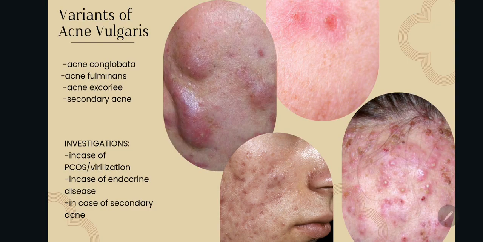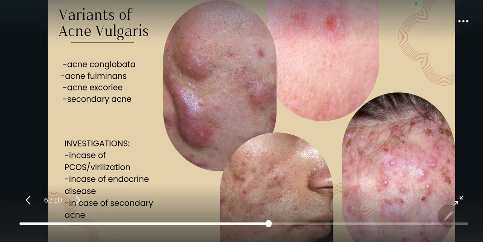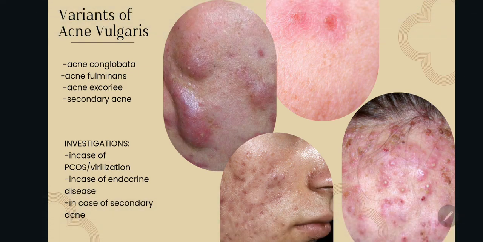There are multiple variants of acne vulgaris, but we are going to discuss only four. The first one is acne conglobata. It is characterized by comedones, nodules, abscesses, sinuses, and cysts superimposed by marked scarring. It is rare, usually affecting adult males, and most commonly occurs on the trunk and the upper limbs. It may be associated with